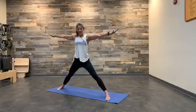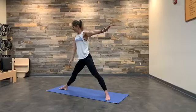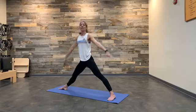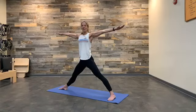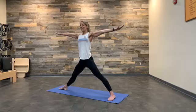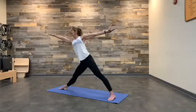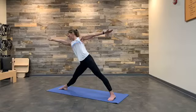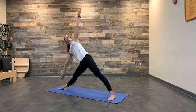So lift your head up. Let's tick-tock the feet. Open up now. Left foot parallel to the long end. Right foot parallel to the short end. Arms extended, shoulder height. Ready? Lift the ribs off the hips and reach. So finding that extension here, pressing into both feet, lifting the knees, keep the lower body working, and lower down